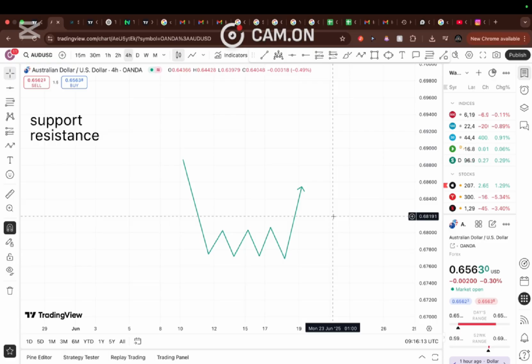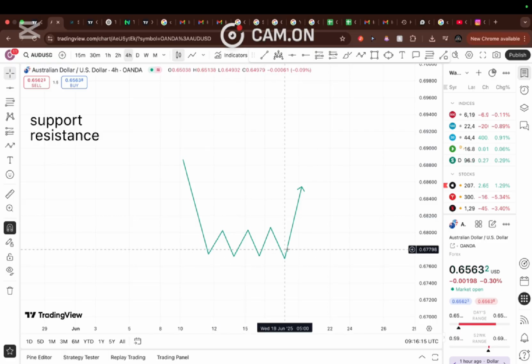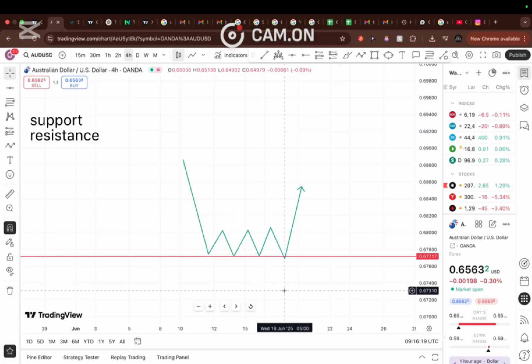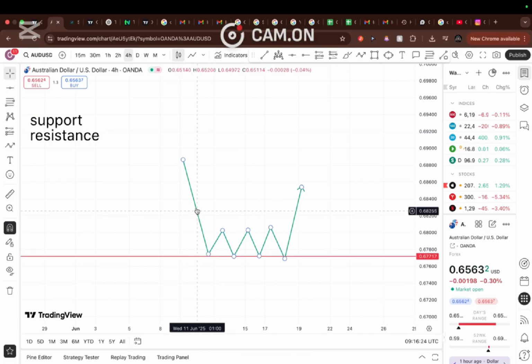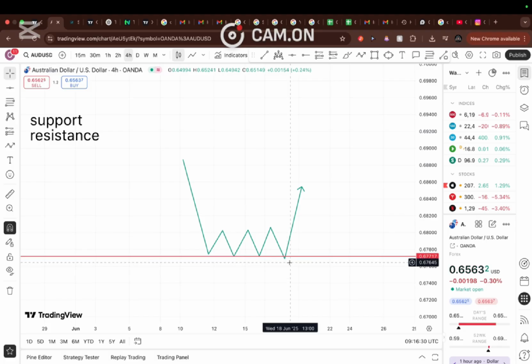So what is this exactly? How can I tell you this is the level of support and how can this help us? If we look at the structure right here, we can mark it with a horizontal line. This right here is a beautiful support level. Why? Because the market came here, was going for a downtrend, and it stopped the downtrend right here. Boom. Again, it stopped. Again, it stopped, and again, it stopped. In other terms, you can call it a rejection. It rejected at least 3 different times, which is why we can classify this as a support level,